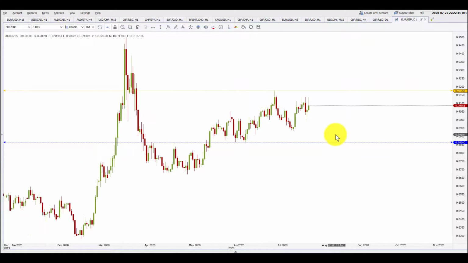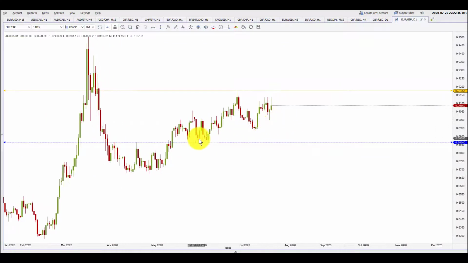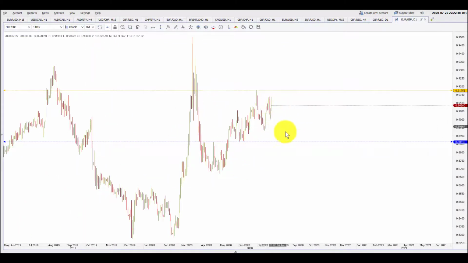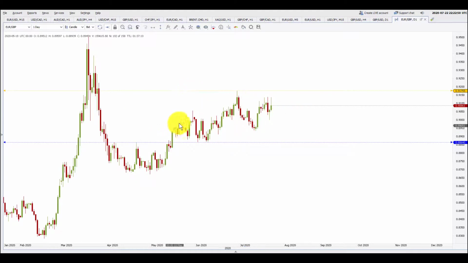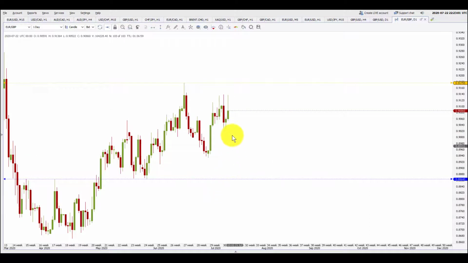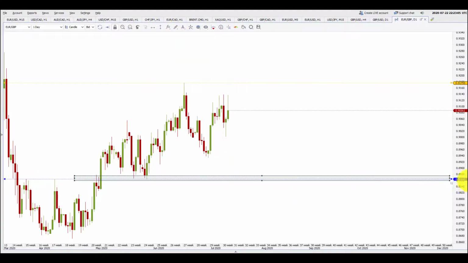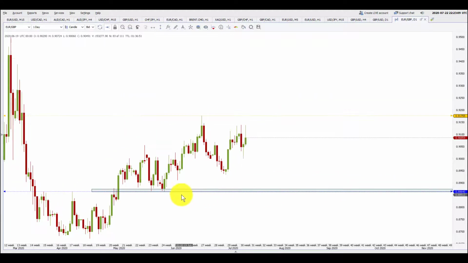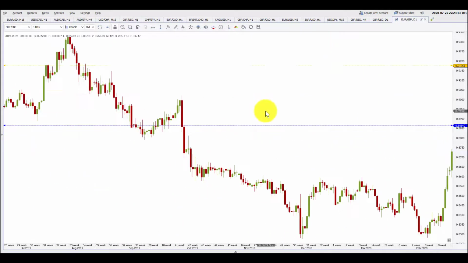Now from these inflection points, because we are not trading a trend, here is no trend. Okay, there is no trend here. So the daily chart is choppy. So what we are expecting, whenever the price reaches these two areas, we will be looking for the bullish or the bearish pin bar. Bullish pin bar we will be looking for. So whenever the price reaches this region, we will be looking for a bullish pin bar. Okay, and bearish pin bar I will talk later. So this is the whole idea.